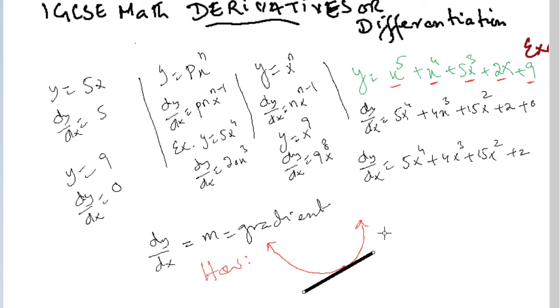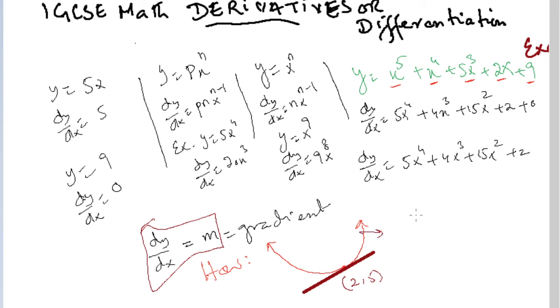Now this point, I'm writing the point here. This point is (2, 5). Okay, now basically I want to tell you how dy/dx is m. I want to show that thing to you. Look,